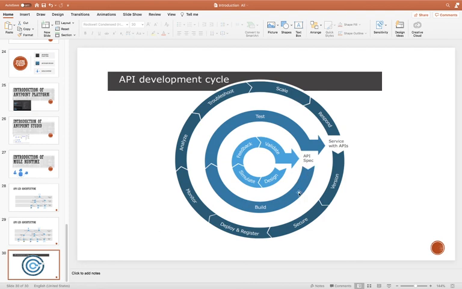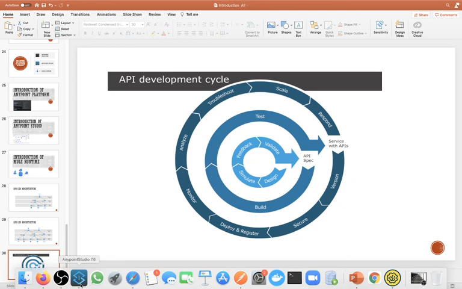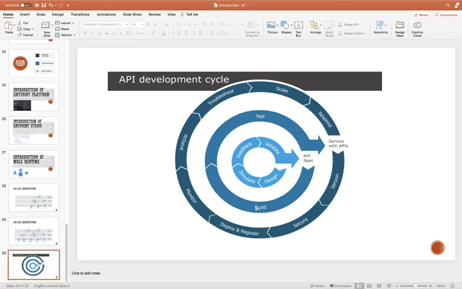If you get positive feedback and your validation is passed, then you will go to development. For development, we can use Anypoint Platform also, but as I told, Anypoint Platform has limited capability, that's why we will do development on Anypoint Studio. So we will use this software Anypoint Studio for development, and then once we complete development, we will do testing. It can be local testing and it can be MUnit testing. MUnit testing is an integrated part of Anypoint Studio, so you can do MUnit testing there, or we can do local testing using Postman.